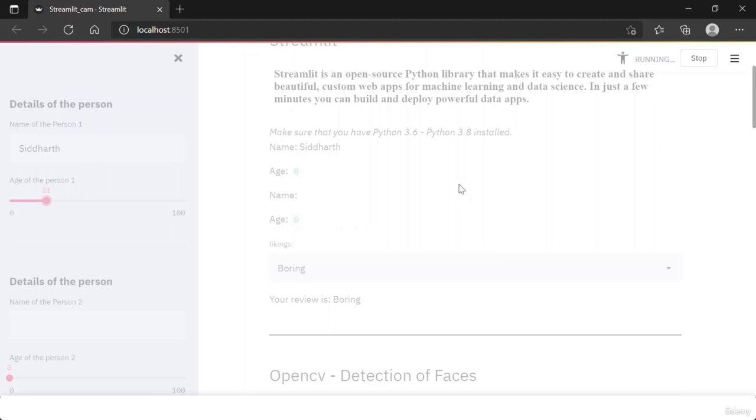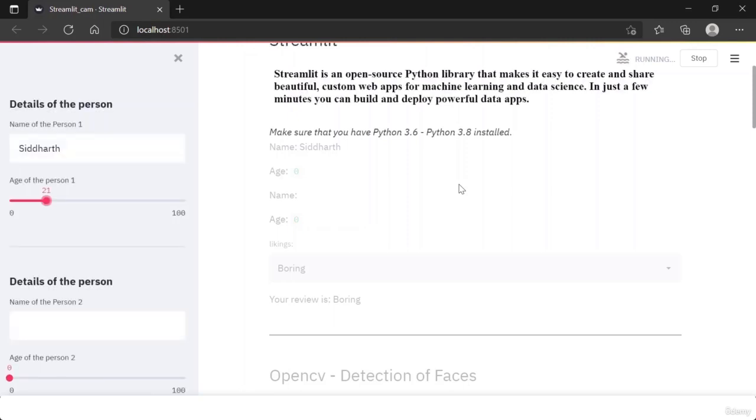Then I would input my next, let's say where I live. So it takes a lot of time to just fill one form. And this I think is a little drawback of Streamlit. But again, as I told you, this is not a pre-built web application which handles everything. This is mostly for visualization and showcasing your data or about your data.